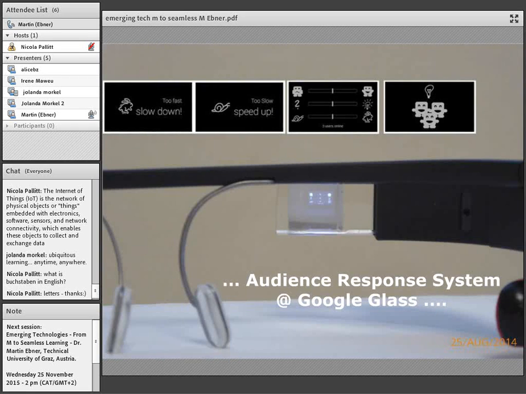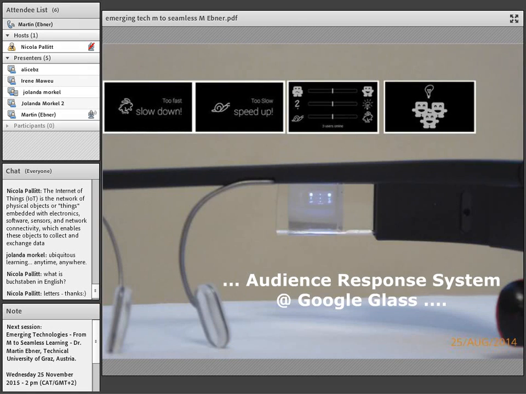Furthermore, this is an example of how we can use the Google Glass for education. If you remember, I told you a little bit before about the interaction audience response system in big and huge lecture halls. Then we have the problem that you as a teacher need not only the laptop or the PC to present your content, you also need a second screen where, for example, the feedback of the lecture hall is placed and shown to you. Now we are bringing this feedback of the lecture hall to the Google Glass. If you take a look through the glass, you can see in a very small part that we are visualizing the result of the feedback of the students in this class.